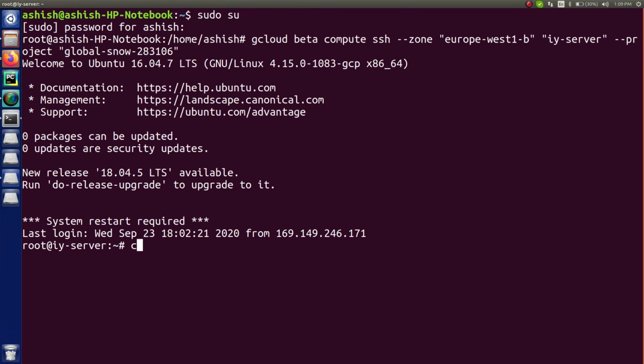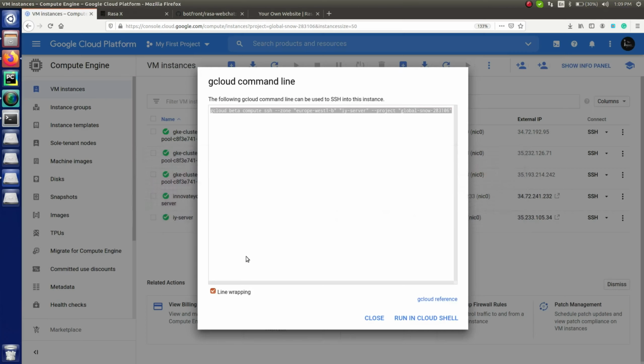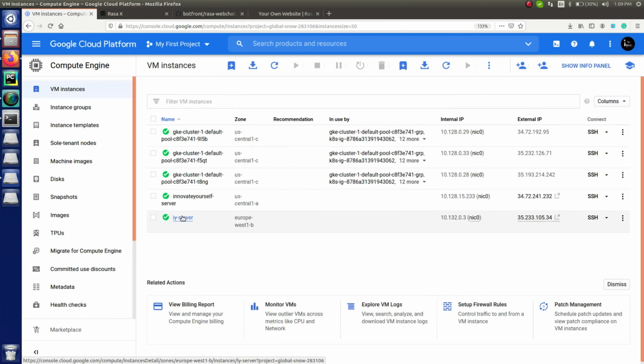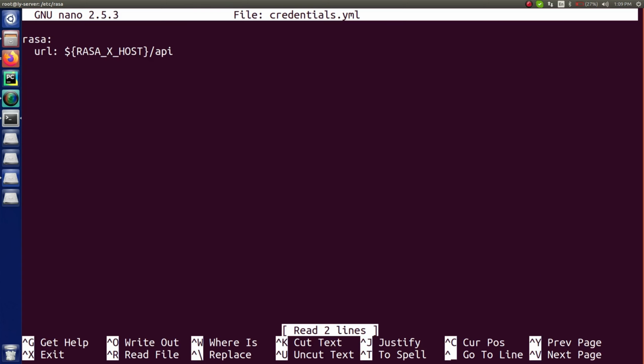So now after that, just go to this Rasa directory, right? So just go in there. So as you can see in here that we are having multiple directories and files, and in here what exactly we have to do is we have to connect the Rasa chatbot to the website, and that website will be connected through socket.io, right? And for that, now what we have to do is we have to add the credentials, and that credentials will be with respect to the socket.io, and that will be added inside the credentials.yml file, right? So for that, let me just open it up. Alright, so in here you can see there is nothing related to this socket.io.